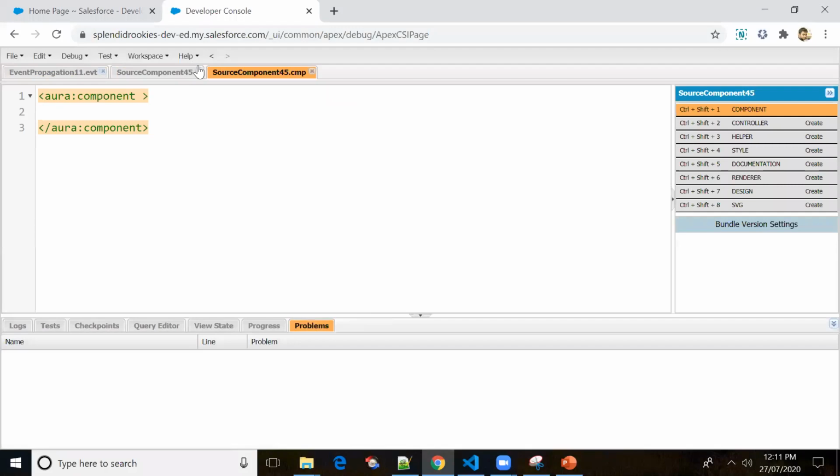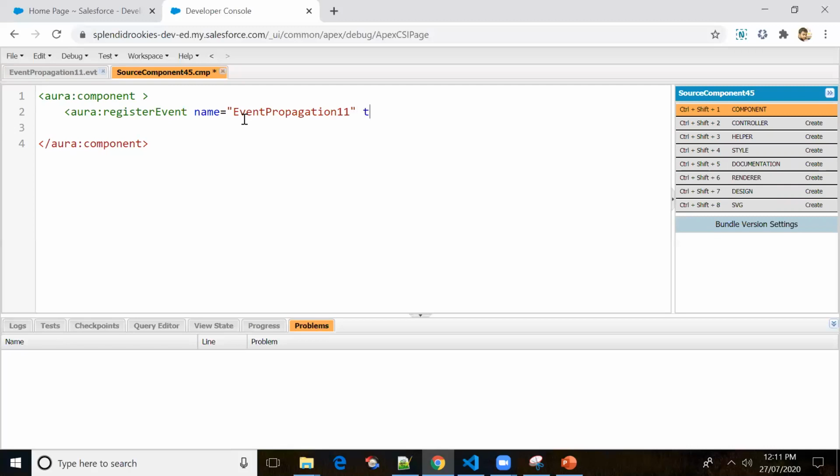Same thing, I'll be registering the event: register event name equal to c dot event propagation 11. The type should be the event name, but the register event name can be anything.